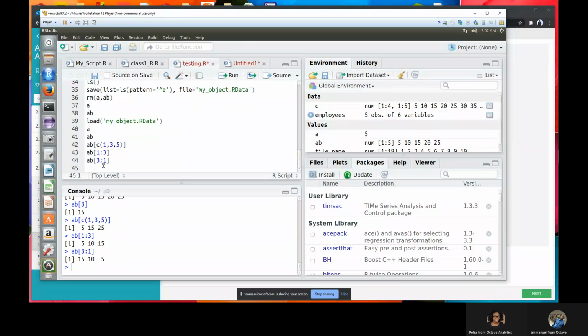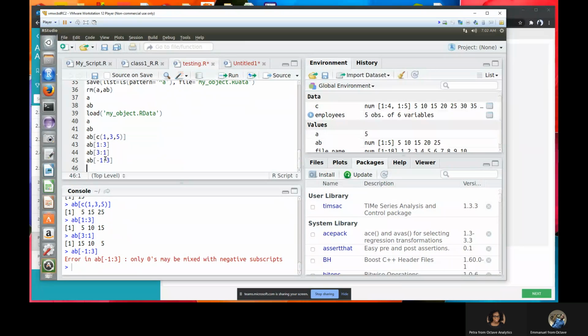I think I already talked about how you can exclude a particular number just using the minus sign. Let's say I want to exclude the first 3. Let's see whether this is going to work. Apparently I can't do that this way, because it's seeing this as minus 1 to 3, which might not really work out. Let me put brackets around that. It's going to make sense.